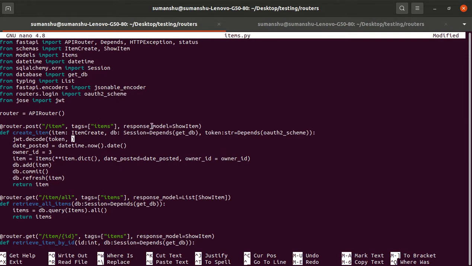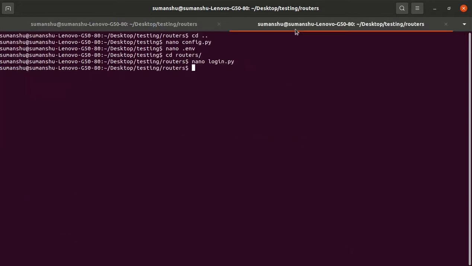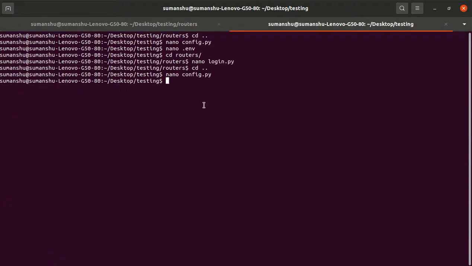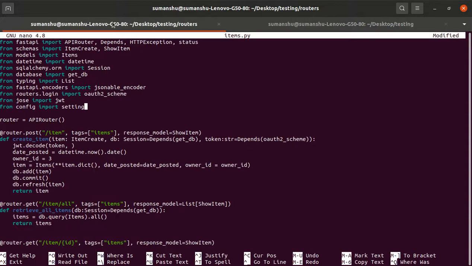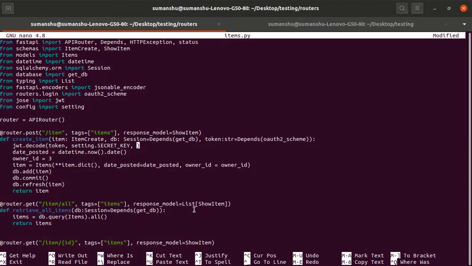Now we have to get the secret key, but the secret key is defined in the settings. So first we import that from config, import setting. Is it settings or setting? Let me cross check. Nano config.py, it's setting. So from config we will import setting, and we will pass the secret key, setting.secret_key, and we have to pass the algorithms, right?